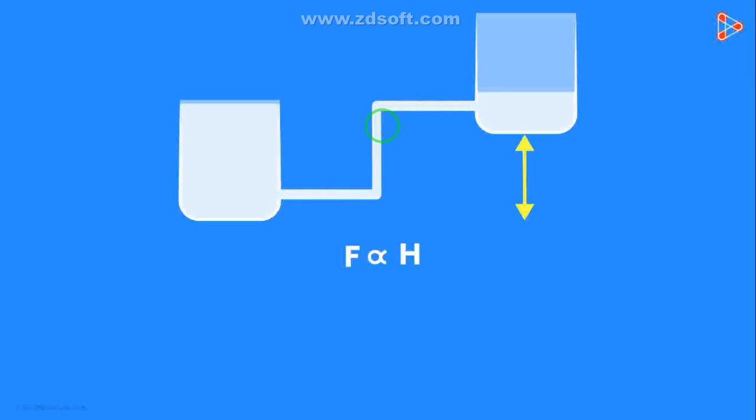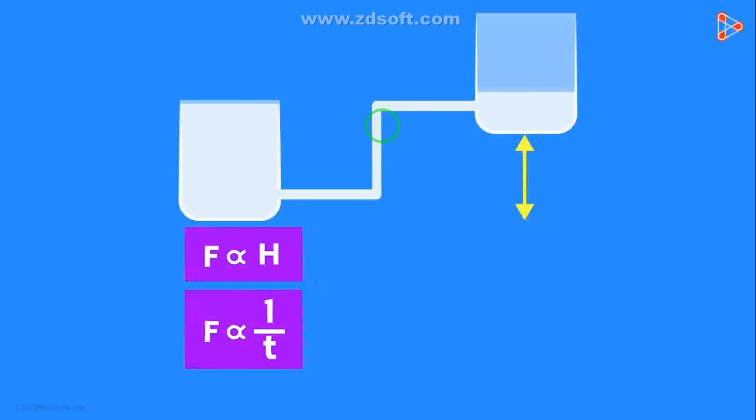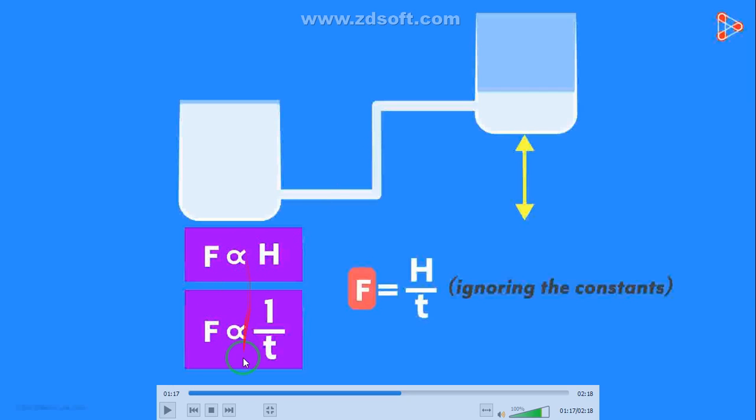Look at that. From this we can conclude that the force is inversely proportional to the height. The force is inversely proportional to the thickness. So from these two conditions we can finally write that the force F is equal to h by t, ignoring the constant. Ignoring the constant means here we are placing directly proportional, and this directly proportional can be